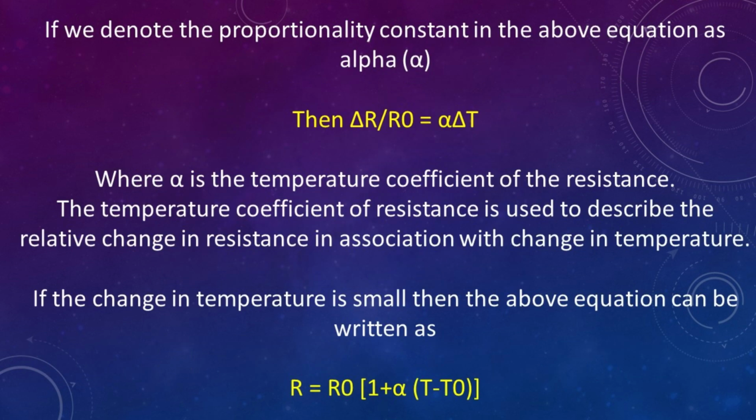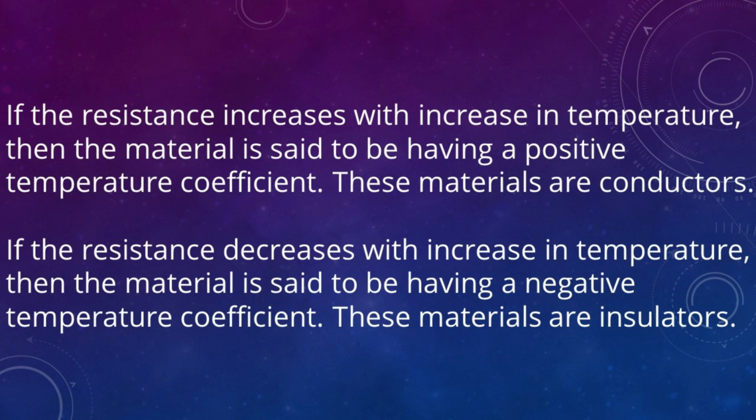If we denote the proportionality constant in the above equation as alpha, α, then ΔR/R0 equals α ΔT, where α is the temperature coefficient of the resistance. The temperature coefficient of resistance is used to describe the relative change in resistance in association with change in temperature. If the change in temperature is small, then the above equation can be written as R equals R0 times 1 plus α